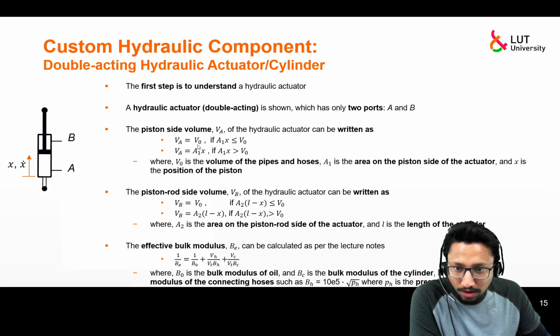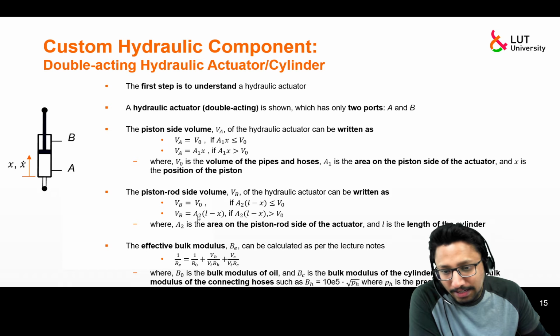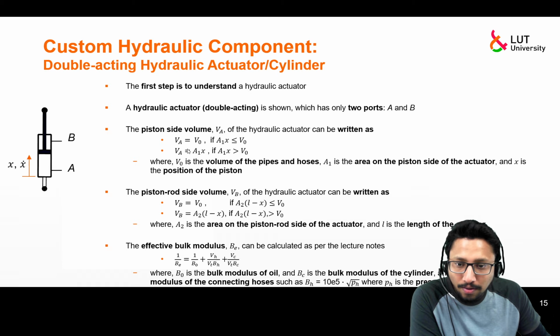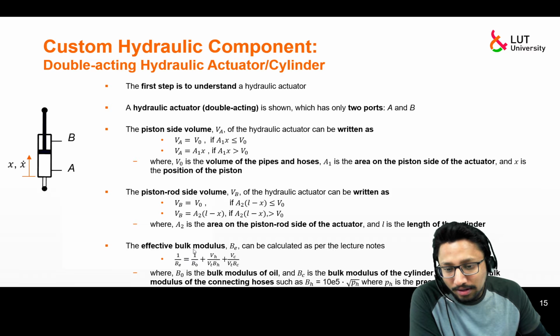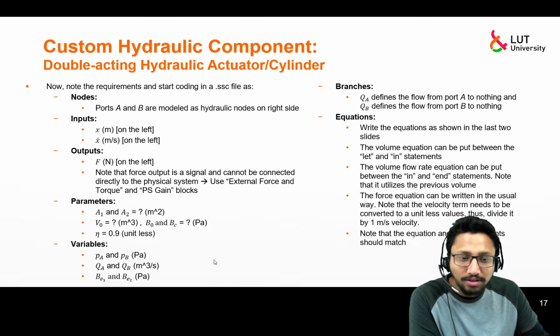Then you have the volume equations here. Each volume has one equation, effectively one equation, because the conditions might differ, but at any time there is just one equation associated with it. So equation 4, equation 5. Then this effective bulk modulus equation needs to be applied to both sides, so you have 2 more equations. So 6 and 7 are also incorporated here. So a total of 7 unknowns, 7 equations.